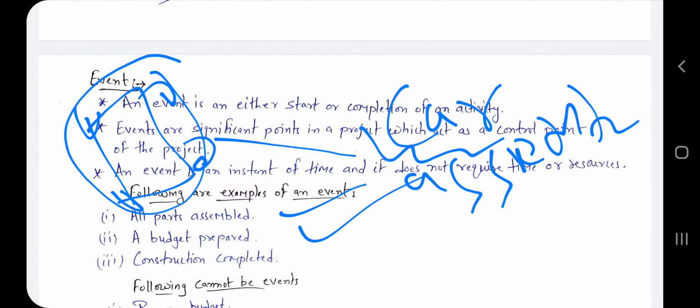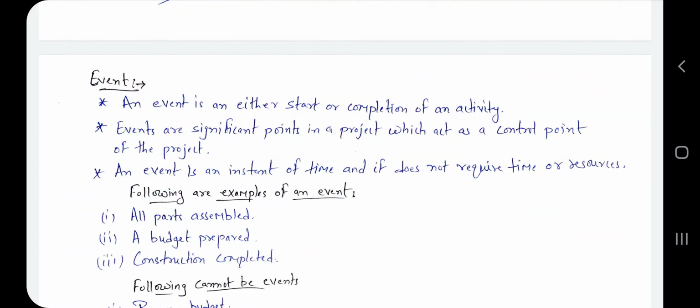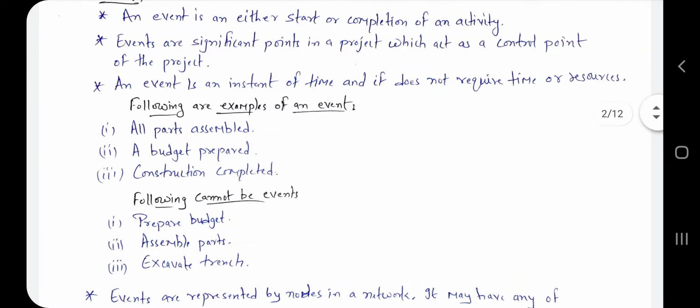Budget is prepared, that is the event. And construction is completed, these are all events. But prepare budget means I start preparing a budget, that means we are doing an activity, not an event. Assemble parts means if I want to make a car, then we assemble tires, bolts and all things, so these are the activities.